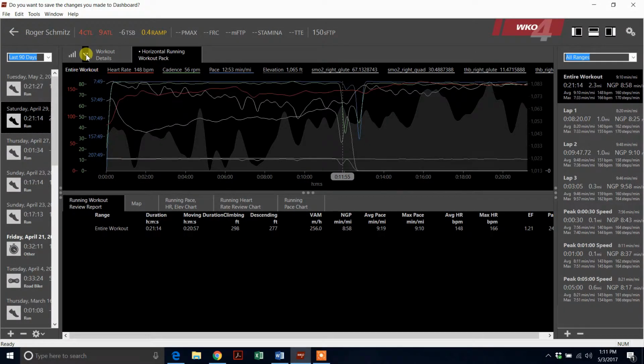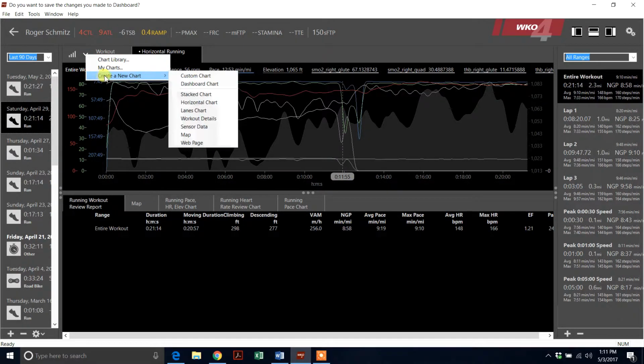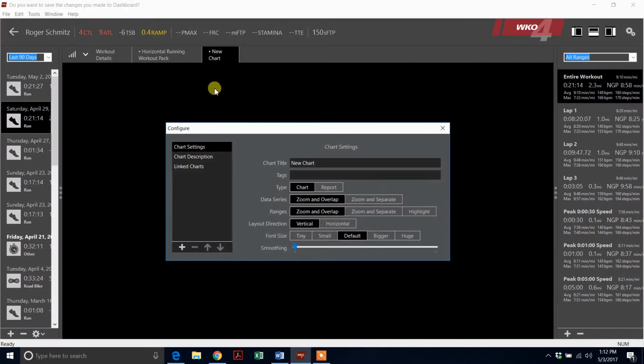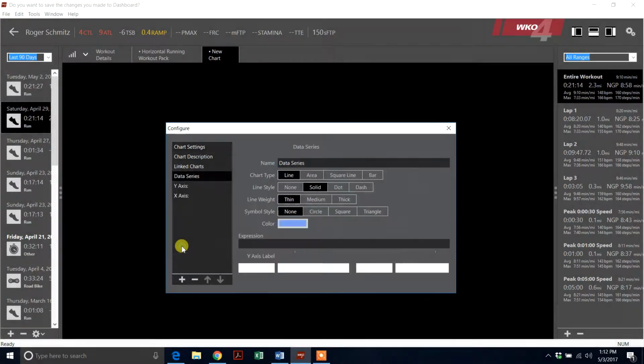So then to create a custom chart, we can just go over here, create a new chart, custom chart. We can label this like we want. I'm going to say Moxy right glute. You can turn on smoothing if you want. And then once you've got it labeled, you can click on the plus over here to add a trace or